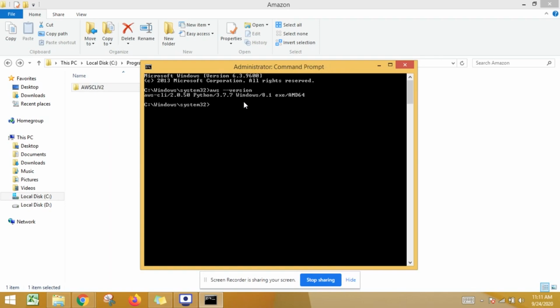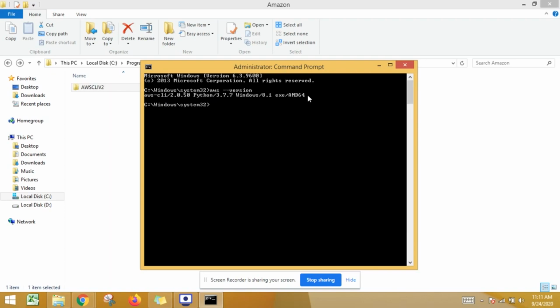Once I type that, I get a reply with AWS CLI version 2.0.50, established with Python version 3.7.7, and Windows 8.1 on which it has been installed. This entire information should be given to you from this command in the command prompt.